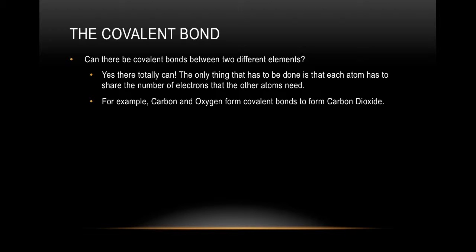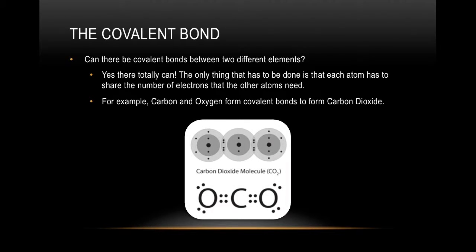All that has to be done is that both the atoms should agree on sharing the number of electrons that the other atom needs. So basically both the atoms need to cooperate with each other. For example, carbon and oxygen do the same thing to form carbon dioxide. So carbon has 4 valence electrons. It needs 4 more valence electrons to fulfill its outermost shell. And oxygen needs 2 more to fulfill its